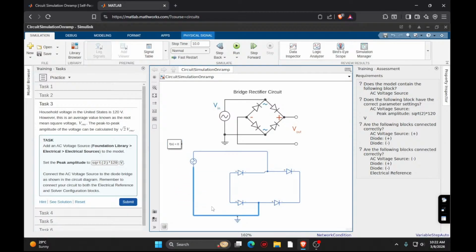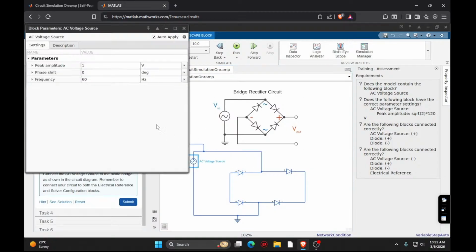Let's make it like a real rectifier. Okay, that is good. Then connect the reference ground. And obviously we have to add the solver configuration. Okay, in the AC block, I have to set the